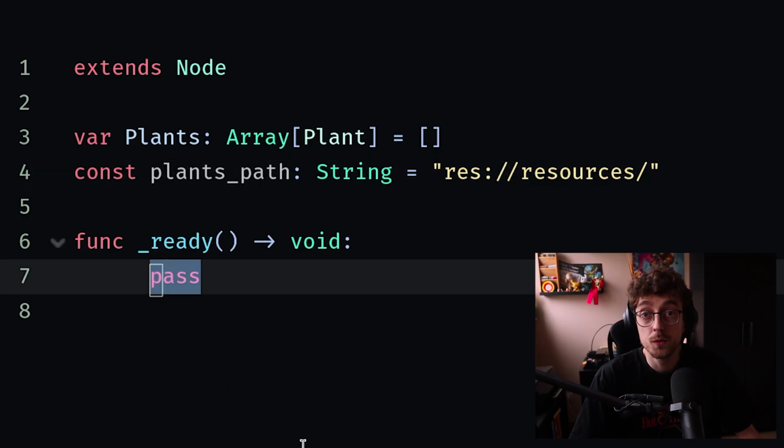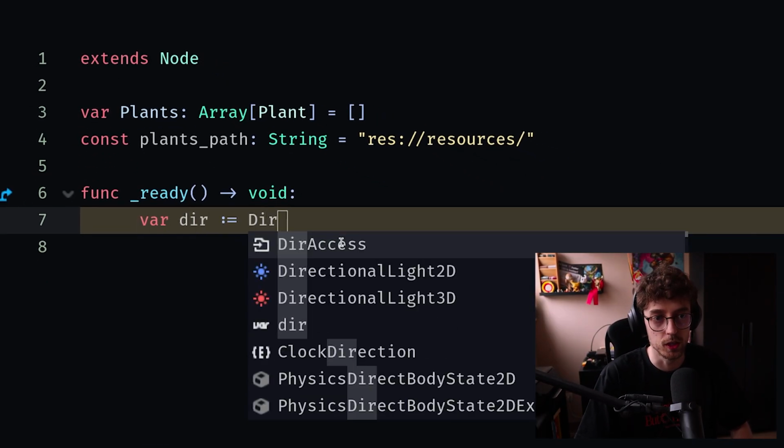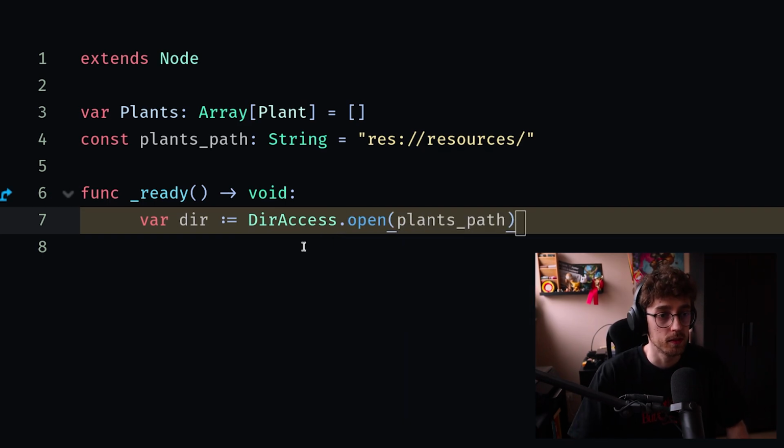Now we move into the ready function. Again, I would prefer putting this into its own separate function that you call, but for demonstration purposes, we're just going to call this when the project launches, which is actually usually going to be the case anyway. We're going to start by creating a new dir object, which is going to be DirAccess.open plants path. So this is just going to be the directory, the folder, it opens it,